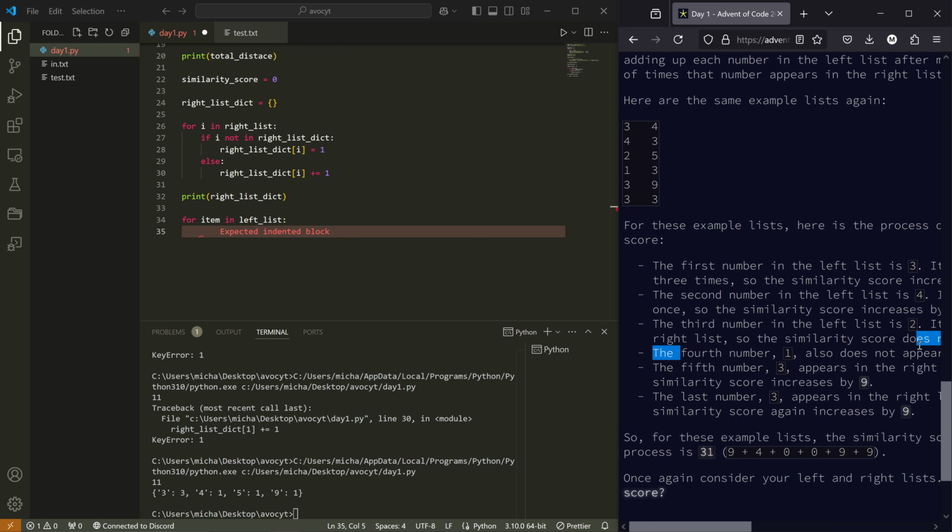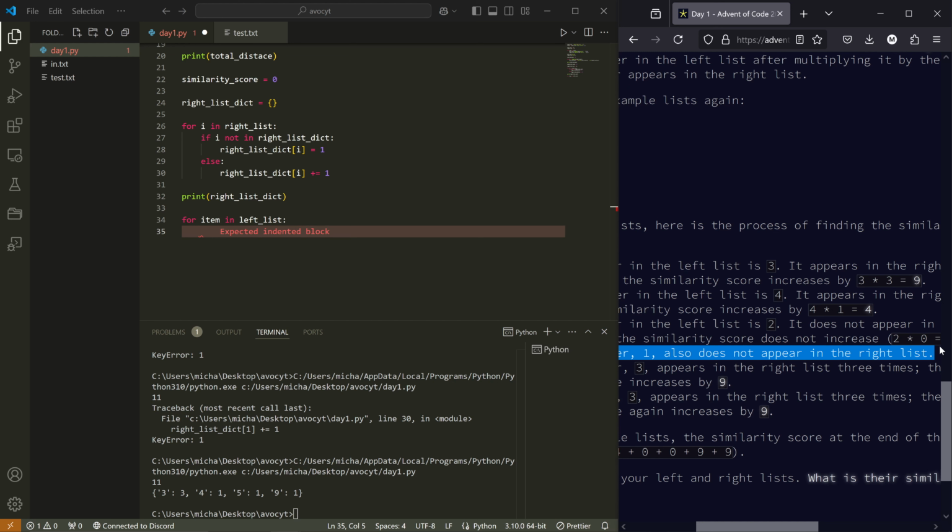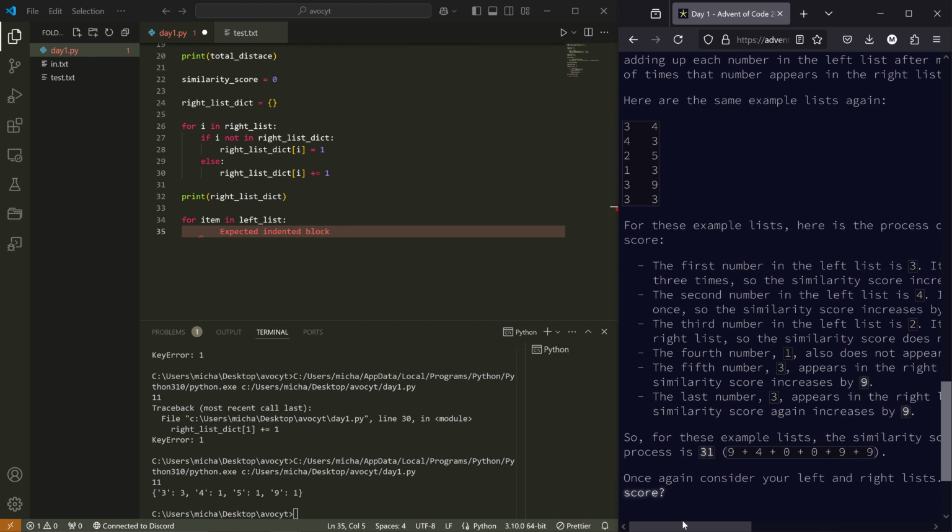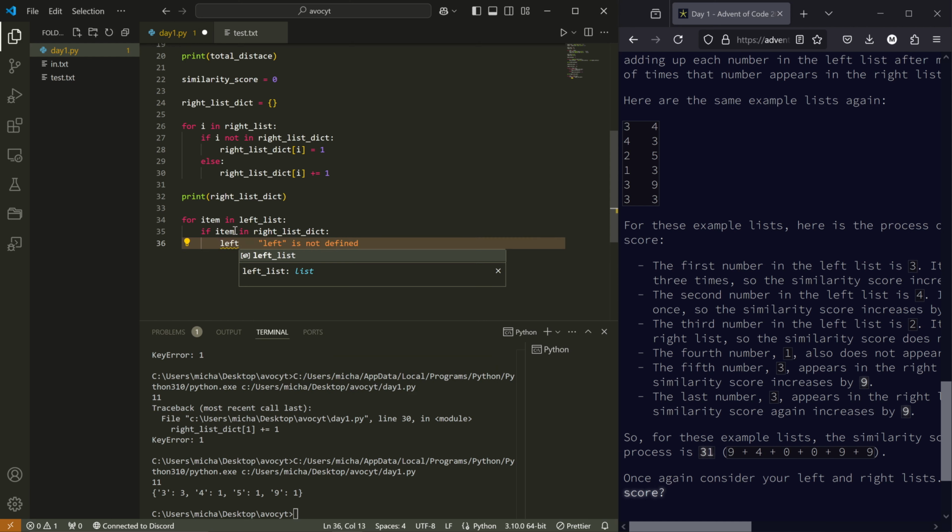See, the fourth list of ones does not appear in the right list. So 2 times 0. Well, we can make our life easier without doing extra work. So we're going to say if item in right list, then we're going to say left sum,